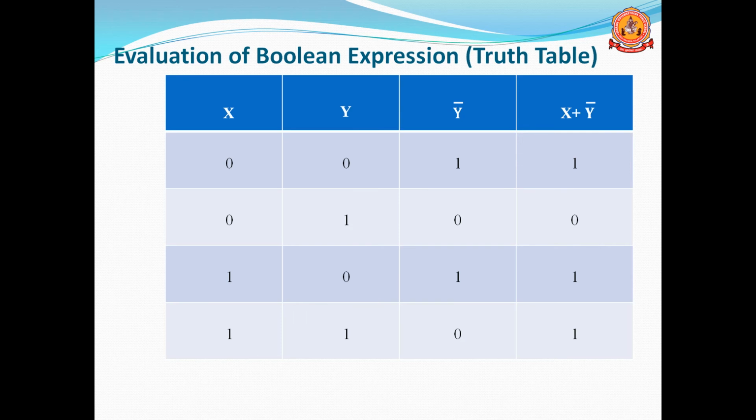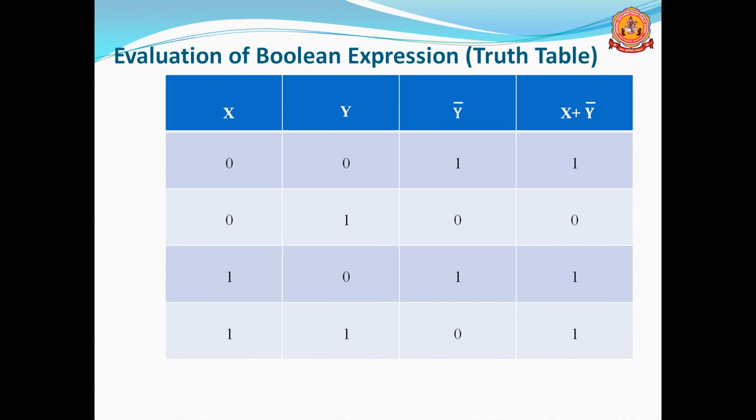And last we can see the final column, x plus y dash. Here we should see the first column x, and in between, column y dash. We have to OR the two columns, it's a plus operation. First take x as 0 and y dash as 1: 0 plus 1, or 0 or 1. By seeing the x plus y truth table, 0 plus 1 means output is 1. Next we can see 0 and 0 in the columns x and y dash. 0 plus 0, output is 0. 1 plus 1 means output is 1. Last, 1 plus 0, output will be 1.